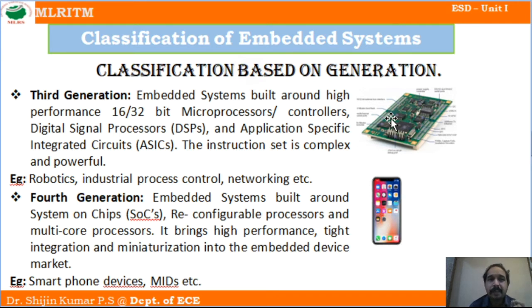Also, they use application specific integrated circuits, so ASICs. An ASIC is an integrated circuit designed for a particular application. So what is the difference between ASIC and microprocessors or microcontrollers? In a microcontroller we will pre-program. 8051 is a common controller, so we can take that controller and program it according to our need, or we can take an Atmega microcontroller, program it and use it in an embedded system. Application specific integrated circuit means that integrated circuit itself is designed for a particular application.